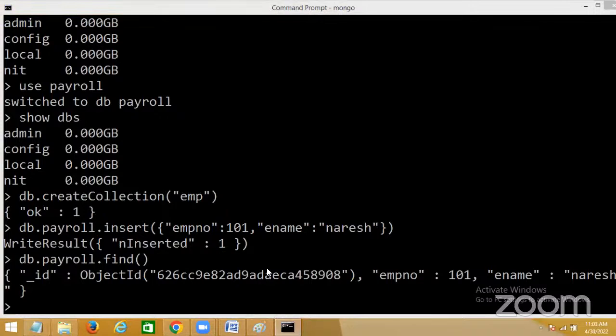Yes, because our database has how many collections? First we create a collection like a table, and then we enter data. How many collections are there in our database? Only one. So by default, it refers to that particular collection, right? Okay. So after this,